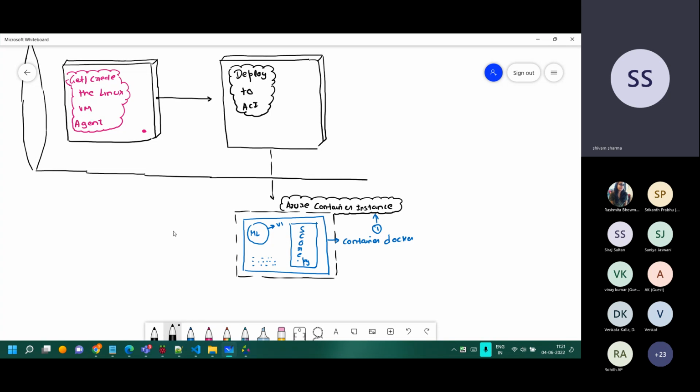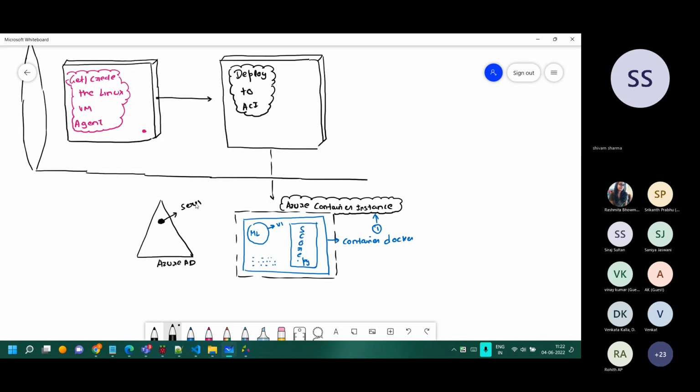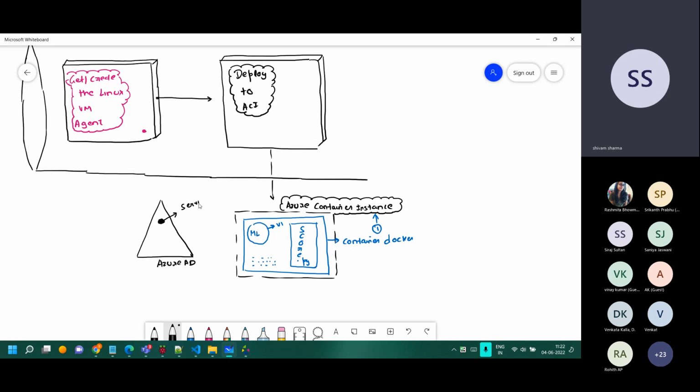Now, there are a couple more problems. We don't have the rights. The DevOps pipeline will not have the rights over there. So we go to the Active Directory. We say Azure AD, come here and help us out with this. In Active Directory, we create a concept called service principal. This service principal is the one which is connected over there, and it is the one having the rights.